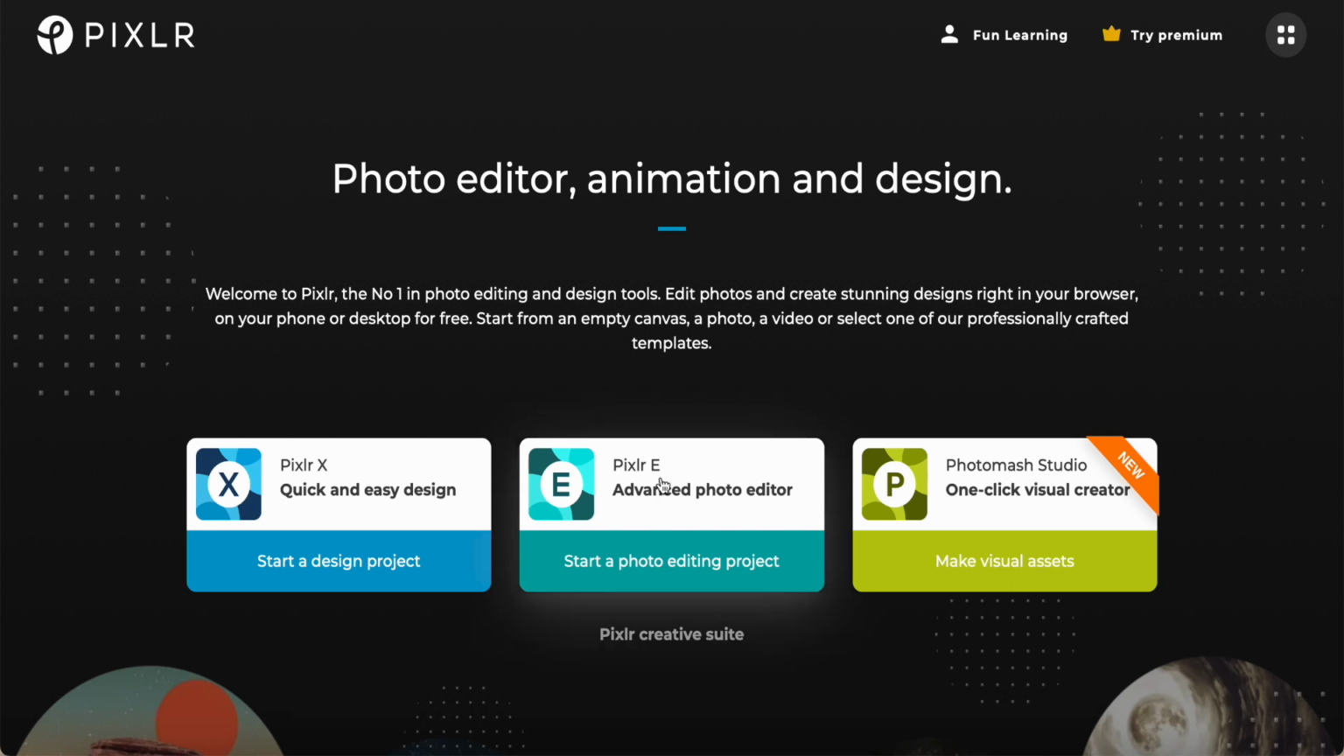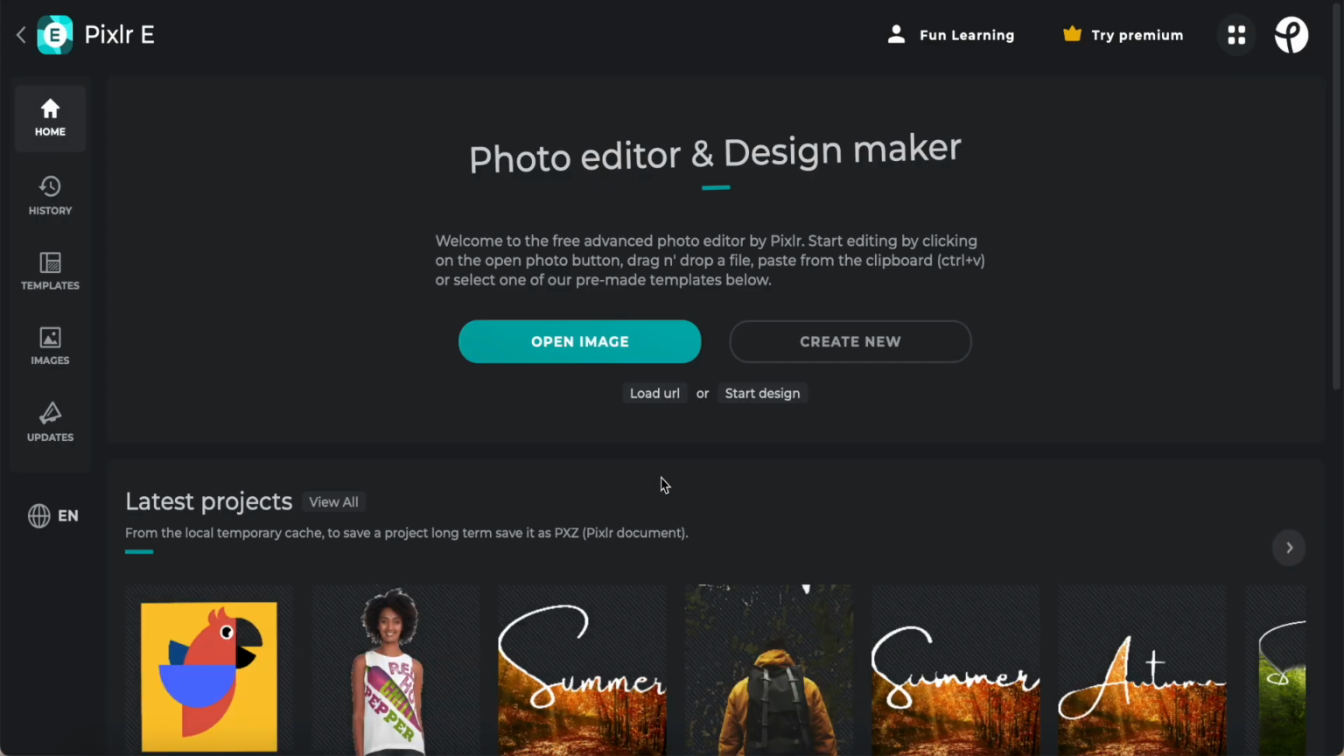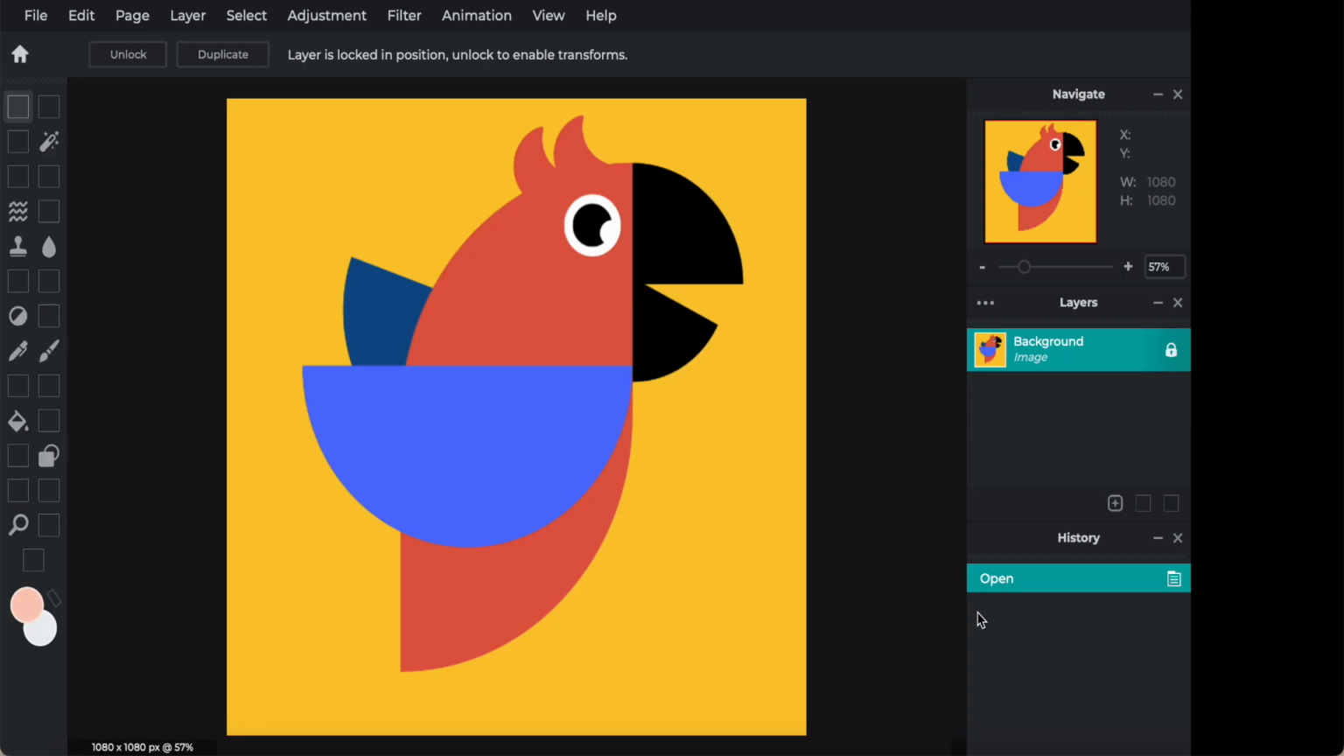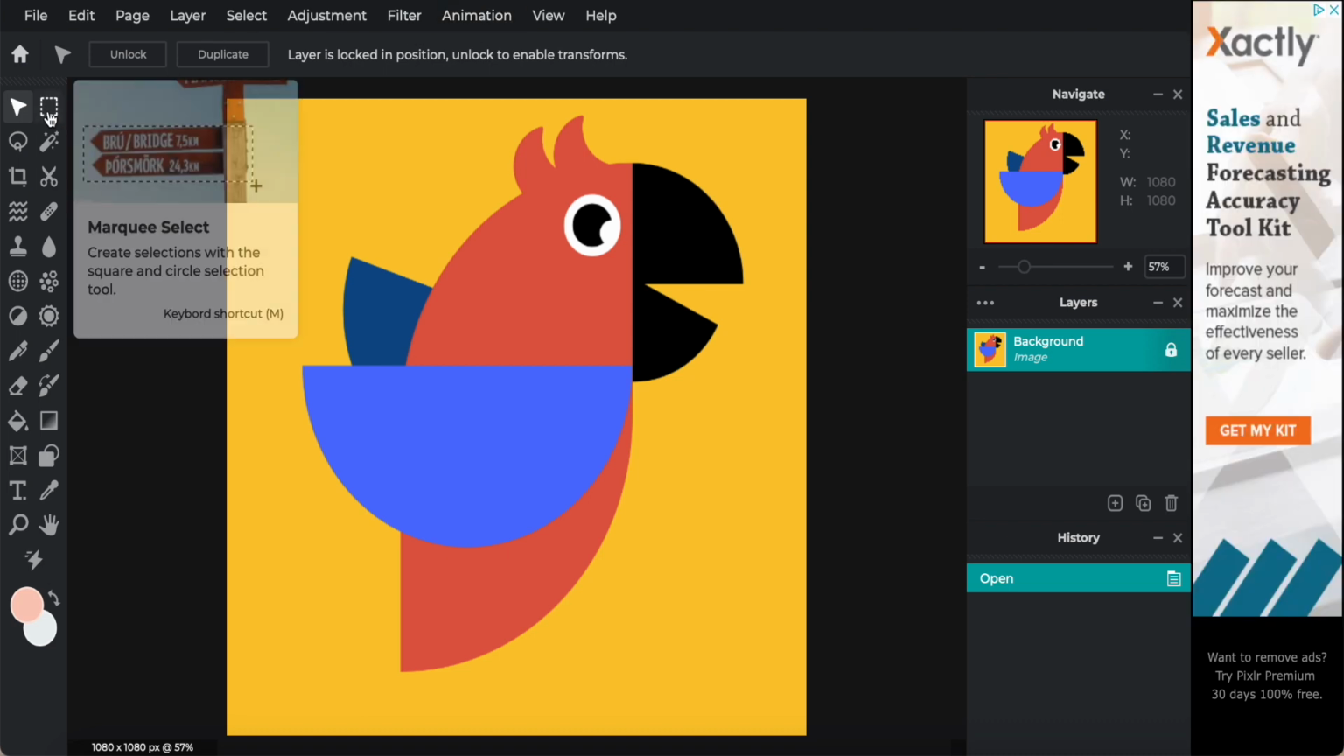Pixlr E tutorial is regarding how to use the toolbar. Okay, first of all we come to the main page and then click open image. Okay, open image. So I can choose one of the images I want and then it will bring me to this interface. This interface has a main toolbar on the top part, and the